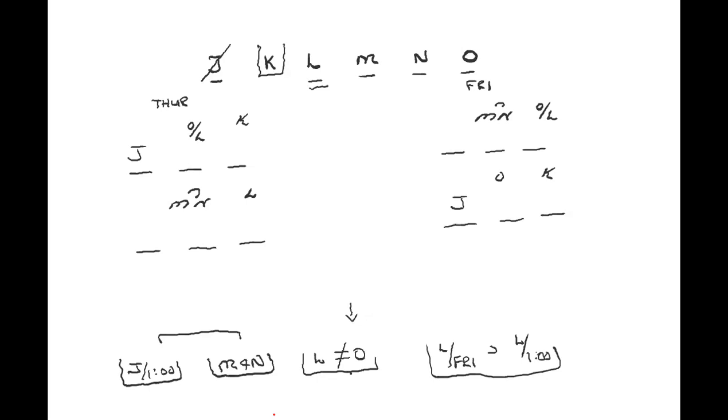L and M. Can L and M get together? Sure, they can. So that's not the answer. N and O. Can N and O get together? And the answer is sure they can, up here in the top. So the answer to question number 3 is A